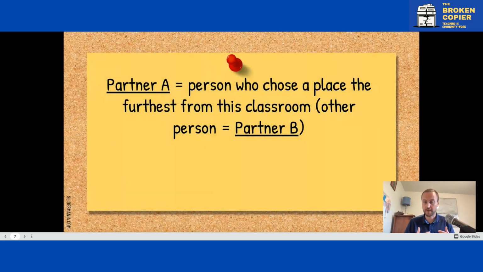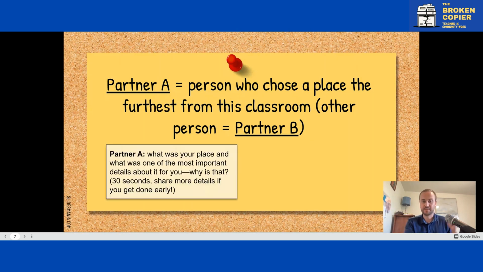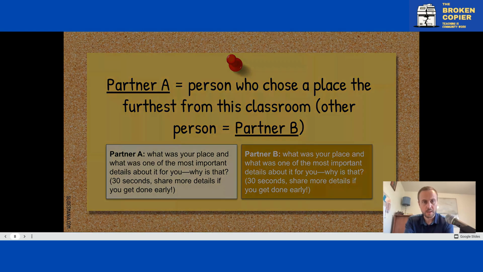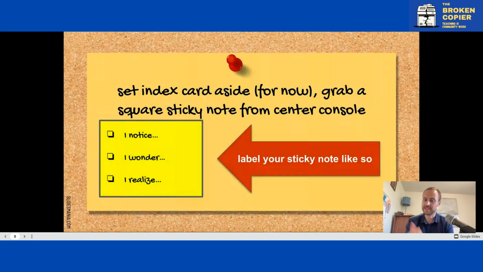And this is core to our class, but it's about setting this culture early on, where partner A, they're set in partners typically that first day, you give them the model. They get 30 seconds to share one of their details, if not other details. And then after 30 seconds, stop, move to the second partner, partner B, and we'll do this interchangeably throughout this lesson.